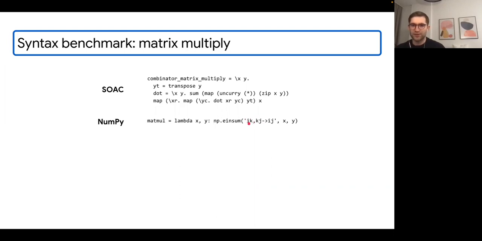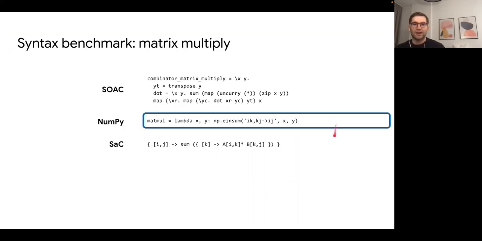These are the iterators for the first argument. It will be a 2D thing, and we bind the first dimension to iterator i, the second one to k, and similarly for the second argument. Then this gives the output and the iterators that will appear in the output. Any iterators that are bound to inputs but don't appear in the outputs are reduced over, right? The idea is that those are tensor contractions over some semiring. This in particular states that it's a matrix multiply, but you can do batch matrix multiplies